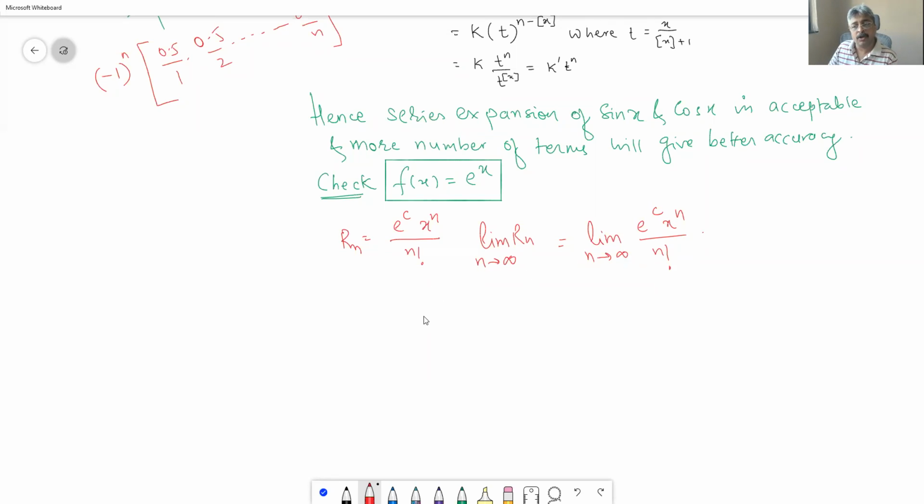Okay, and what is so good about c is our base point is 0 is less than c is less than x, right? e is greater than 0, therefore e raised to 0 is less than